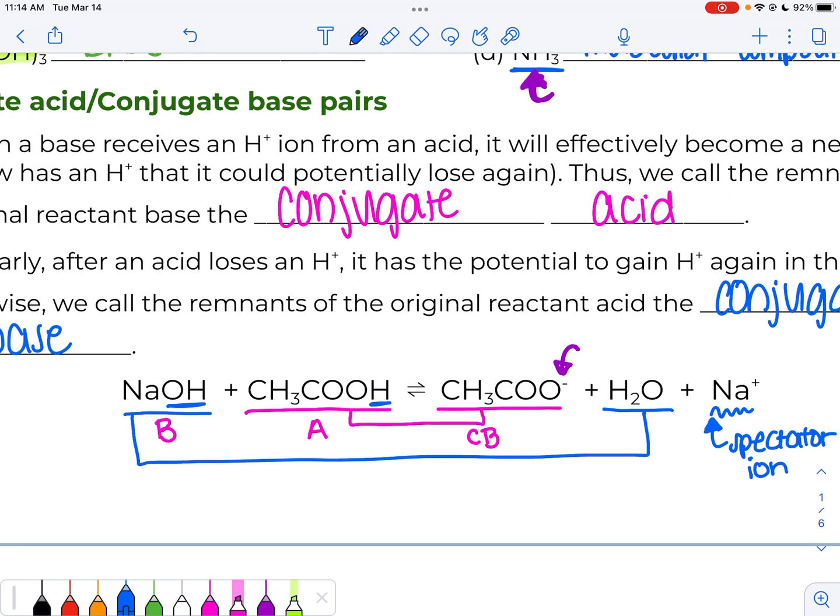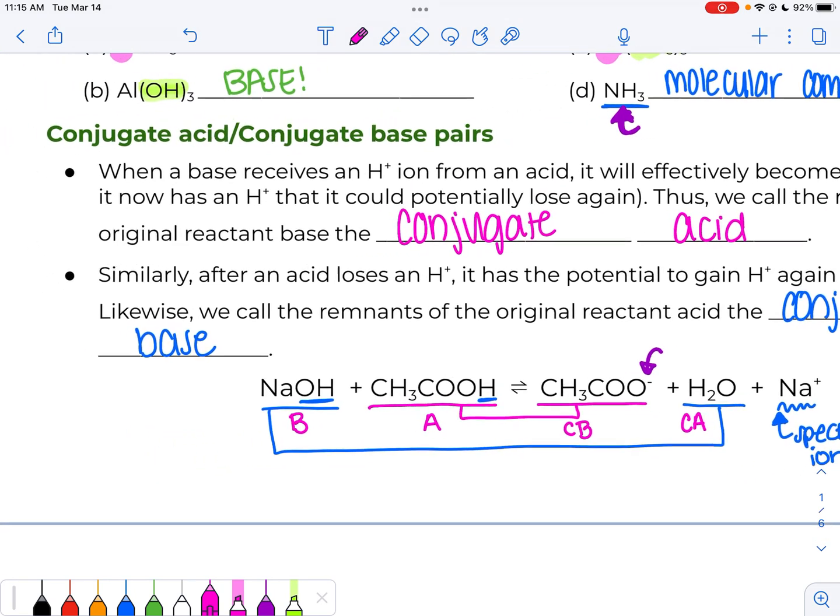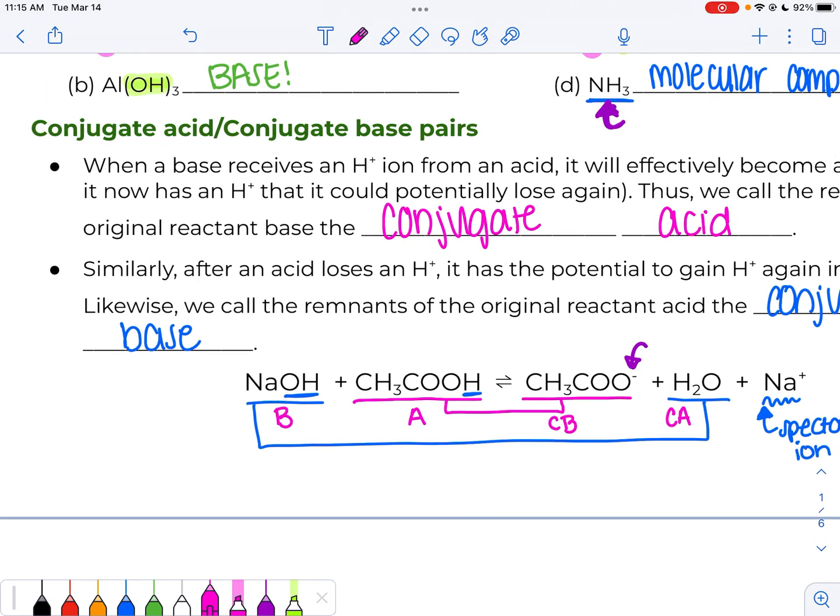All right, so back to NaOH. NaOH is our base, so that thing's accepting a hydrogen from the acetic acid, which means we are now forming the conjugate acid right over on that side. That water can lose that hydrogen, it can donate it back over. So when we're talking about conjugate acid base pairs, one thing that I do want to make super clear is that conjugate acid